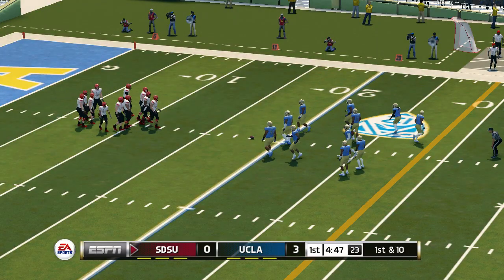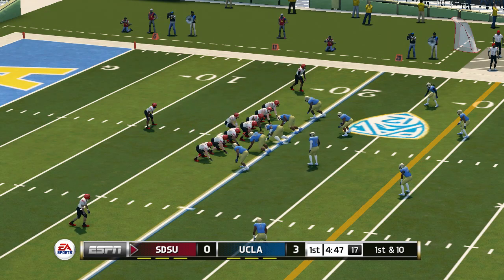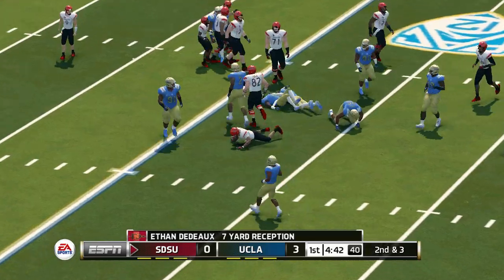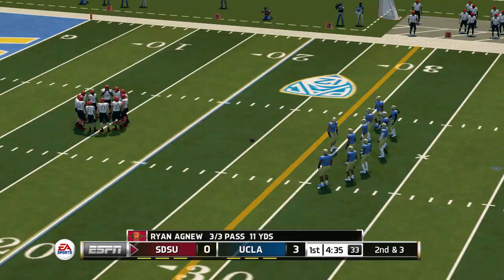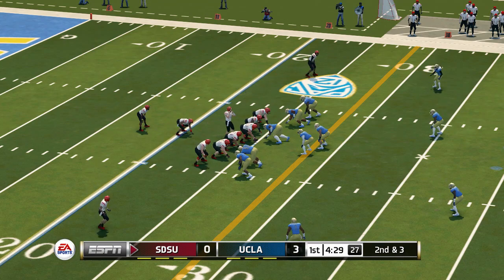From their own 18-yard line. First down. Got his man. Can't tack on any yardage. The pass good for maybe 7 yards. Good recovery here by the corner to react that quickly on the throw and prevent this from becoming even a bigger game. Where's 52? Watch